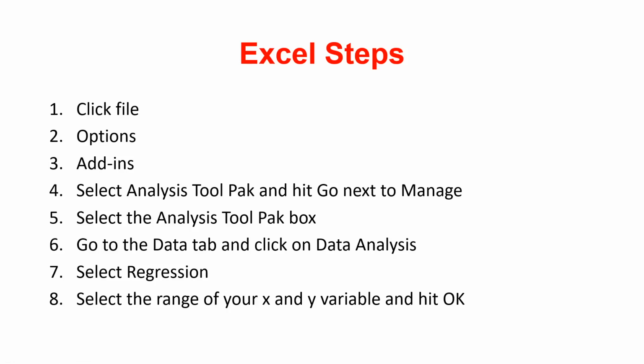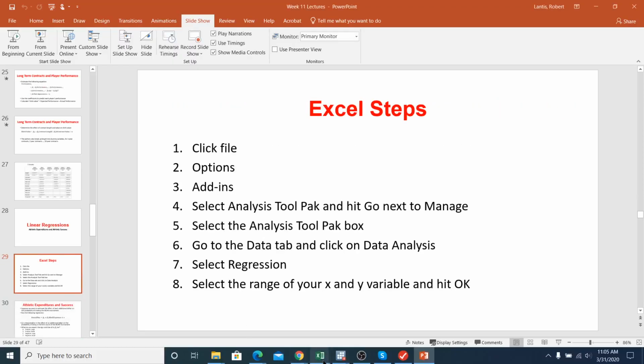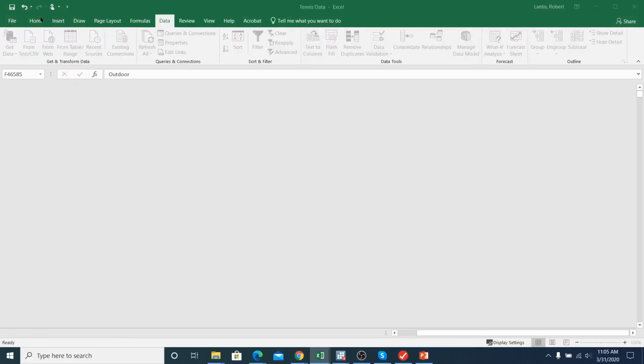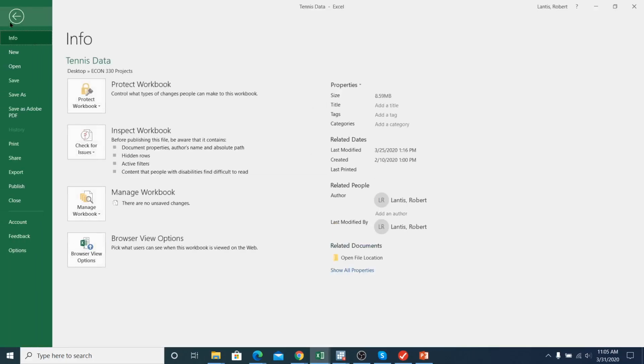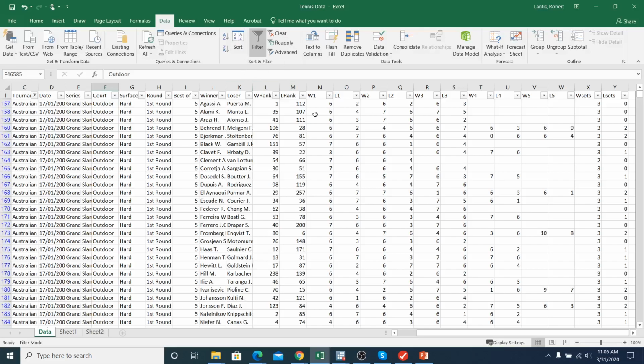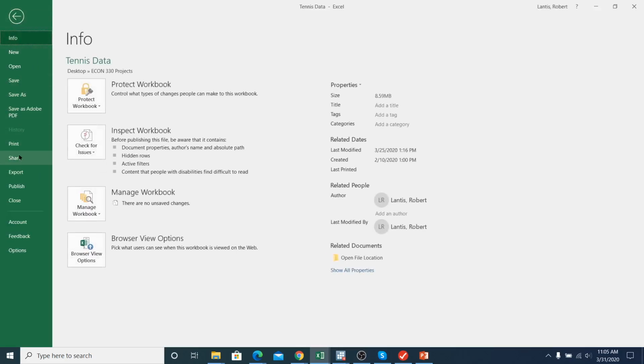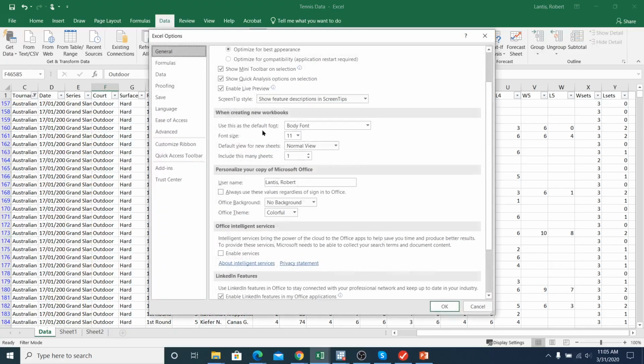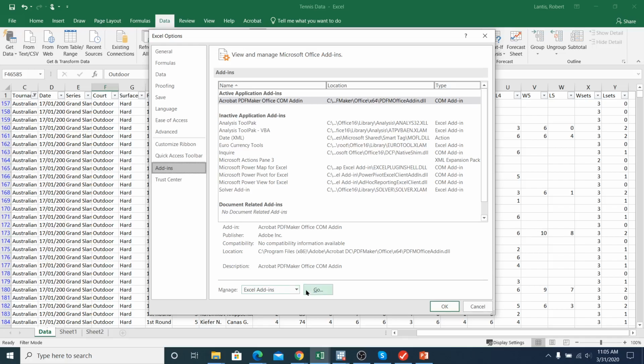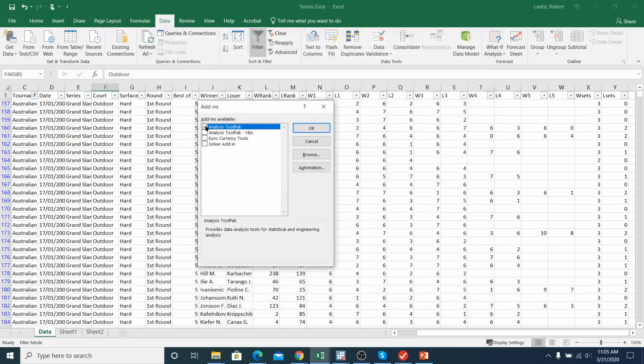Just a reminder, and I walked through this in class a few times, but how do we add in that regression analysis tool package? So I go to File, and here's someone's data. I had a bunch of tennis data. A couple of you I've sent some of this. Go to File, go to Options, go to Add-ins, go to Manage the Excel Add-ins, hit the Analysis Tool Pack,